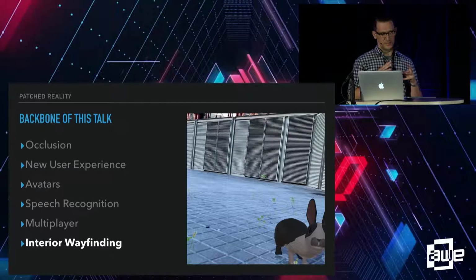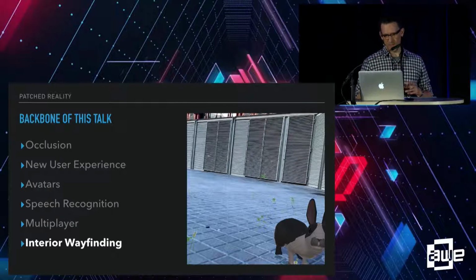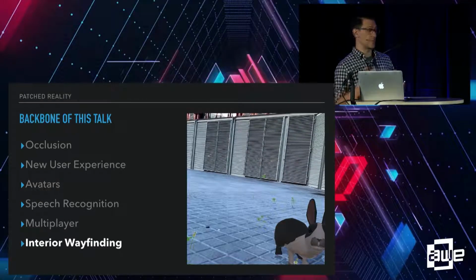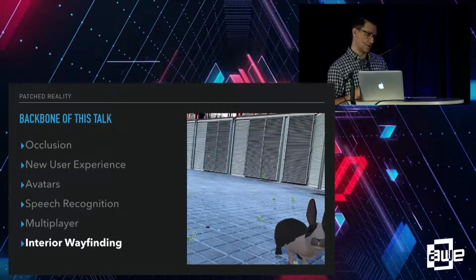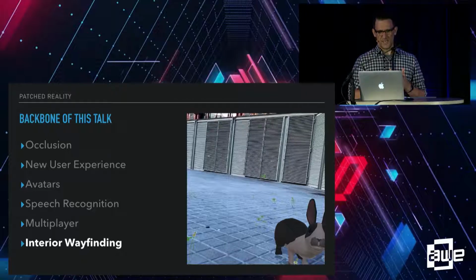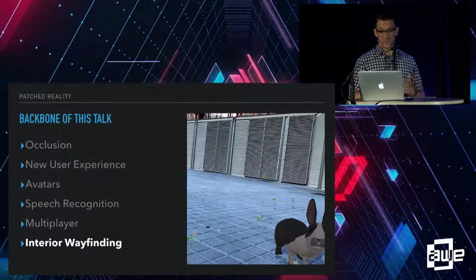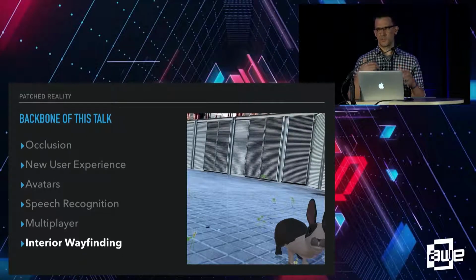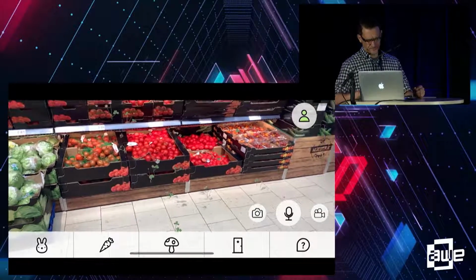This is the least ready for prime time feature within Babble Rabbit. It's the area we've been prototyping within. As I said, Babble Rabbit is our sandbox application. So the end goal we have in mind with interior wayfinding is that an administrator could mesh a space, label points of interest, and then end users could ask for directions to any of those points of interest. So right now,